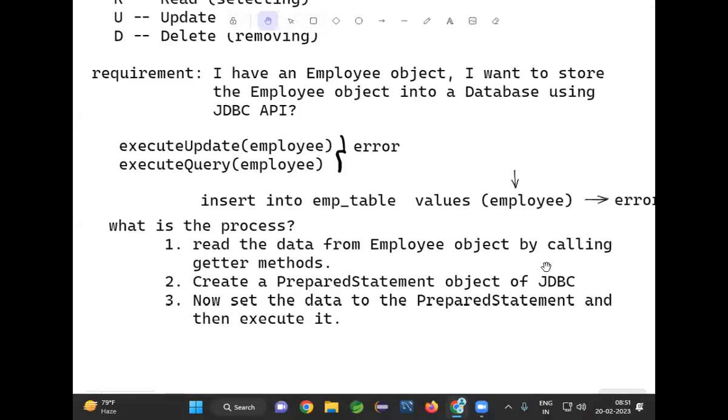But what is the solution needed for me as a Java developer? The solution I want is, I want somebody who can do all these things on behalf of me. Am I right or not? I need the support of some guy who can do this all automatically. That guy is